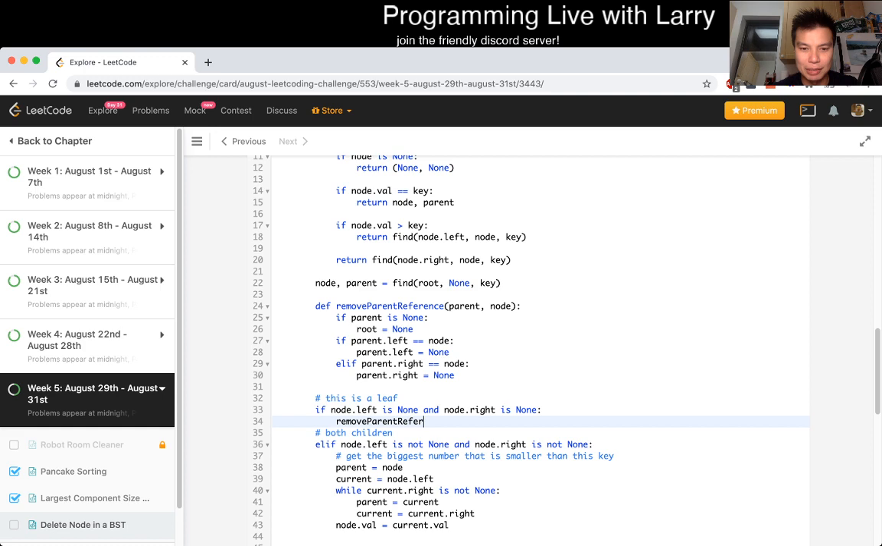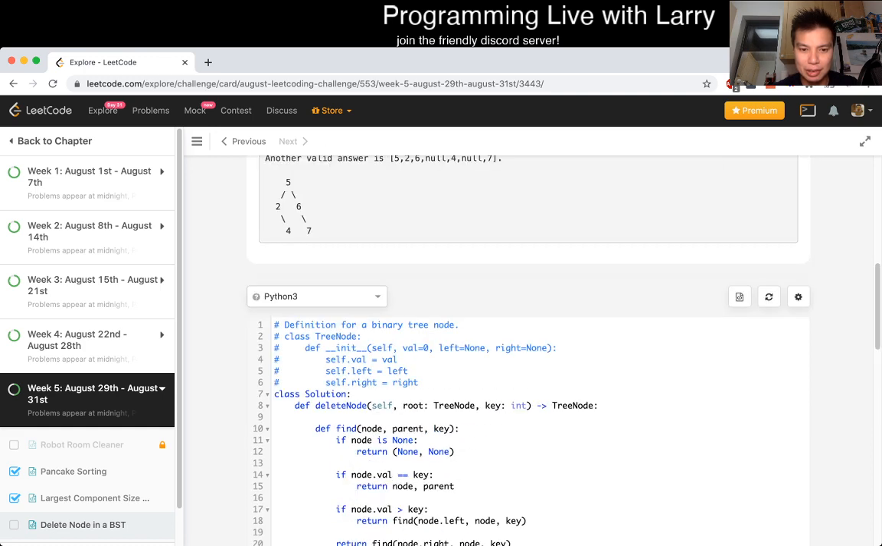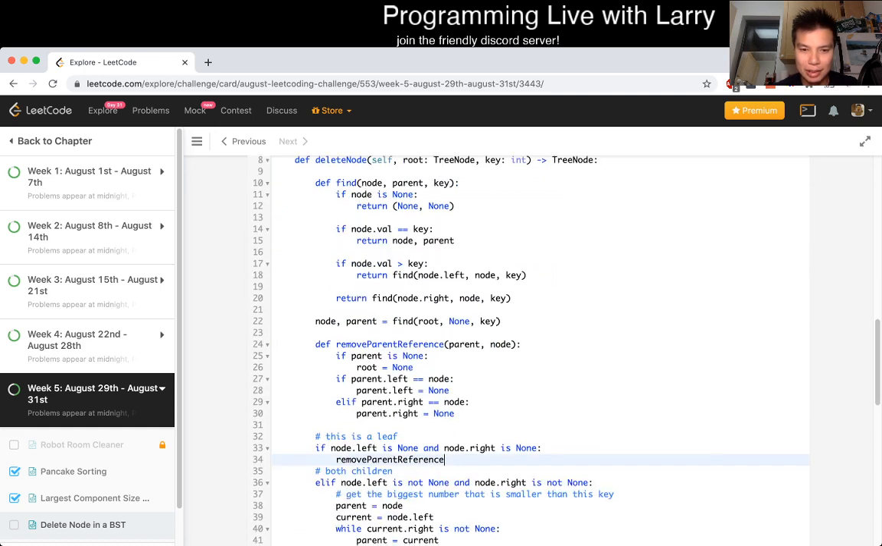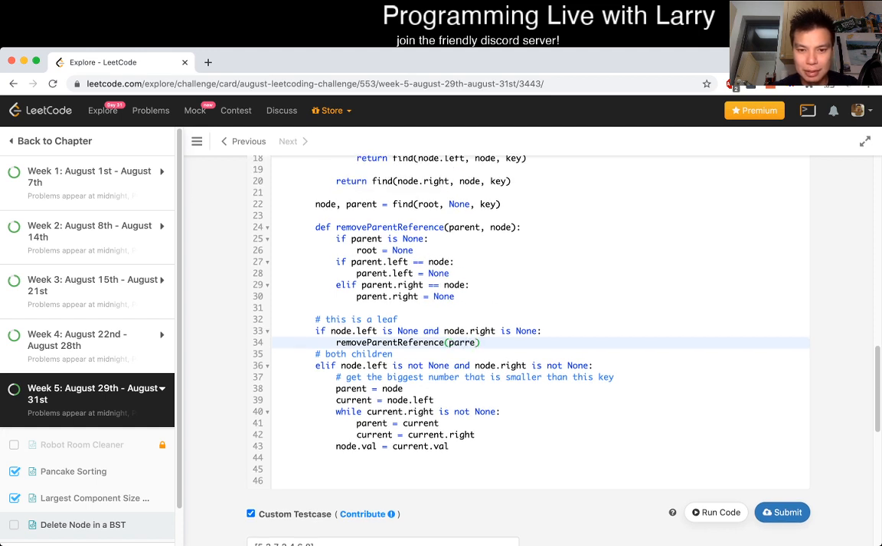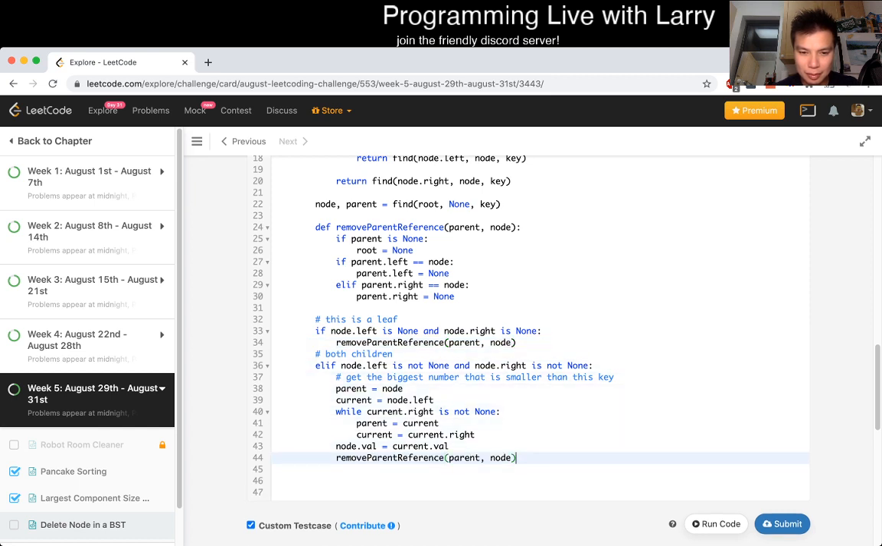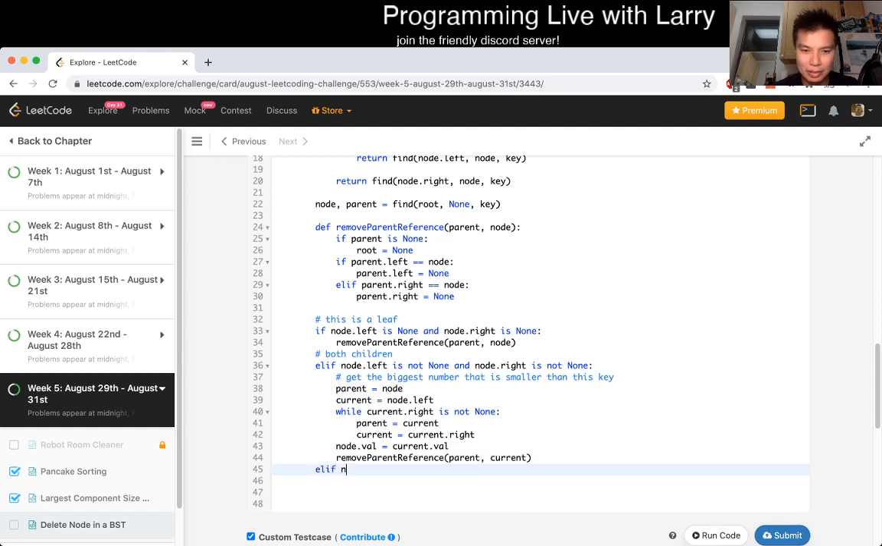Also, I think I use bad casing for it because I generally use the other one. I mean this is current. We want to remove current. Okay, and then now if only one child, right, is not none, then